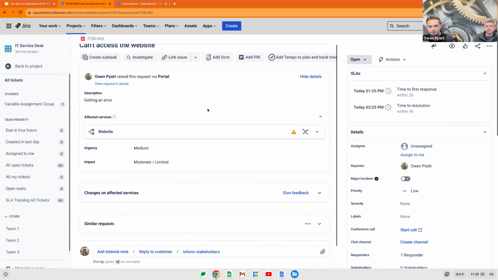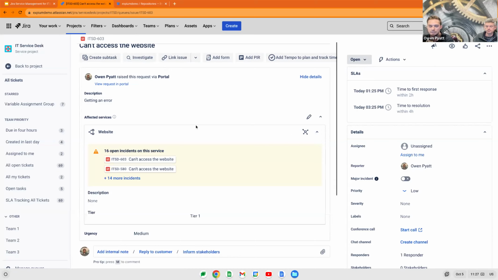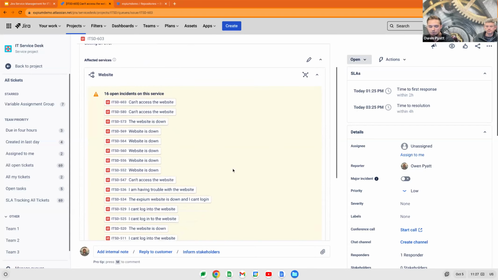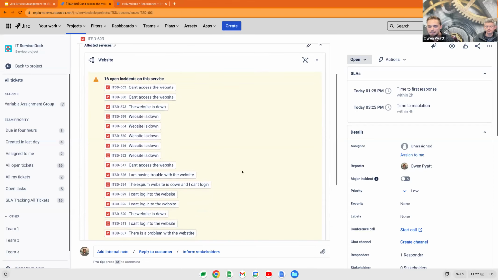Just below that, we see our affected services. Now, once again, I said that this was stored in assets, and I didn't just make that up. It really is stored in assets. And as we see here, we can see every other issue, every other open incident that is attached to that same service. So once again, just kind of creating that cross-company